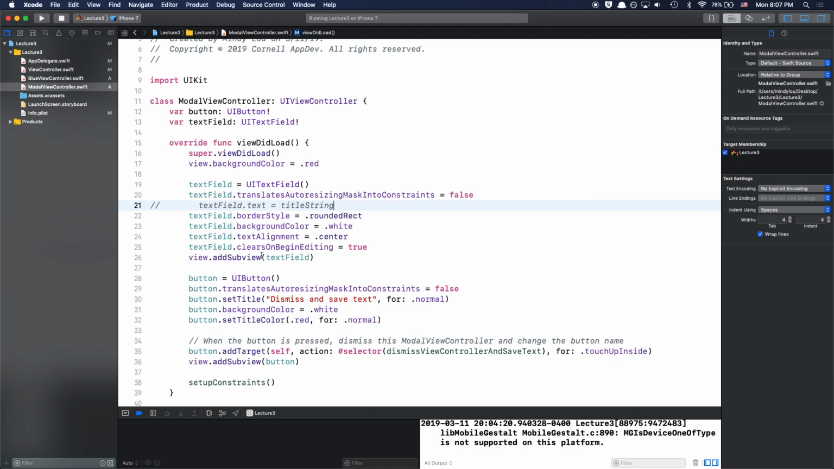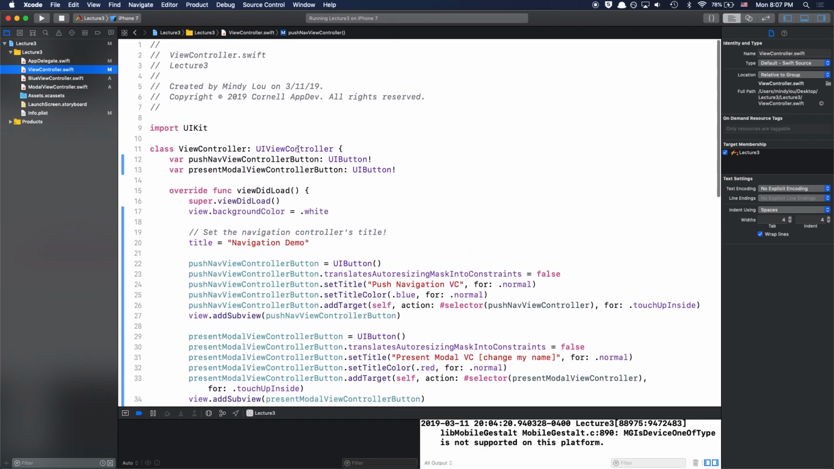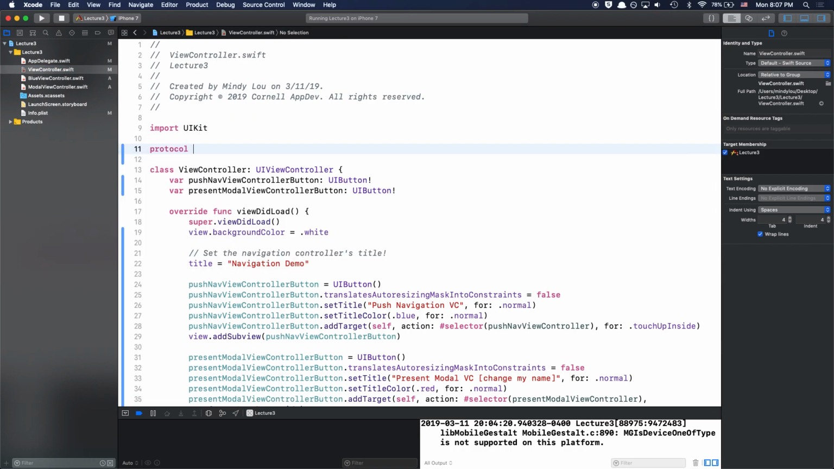Okay, so how are we going to pass the information from the text field in this view controller back to the other view controller? The first thing we're going to want to do is make a protocol to specify how we're going to communicate between these two view controllers. The way we're going to do that is we're going to say protocol change view controller text